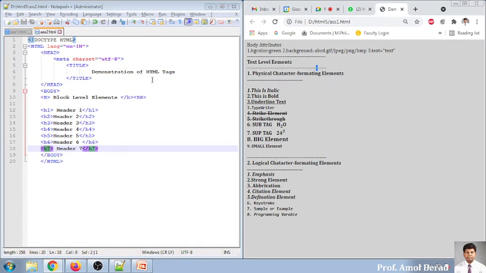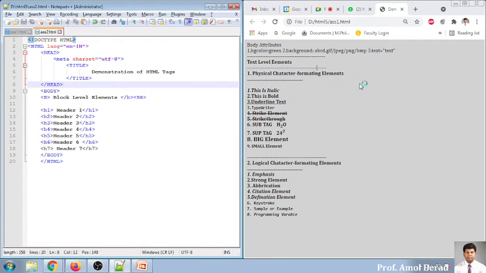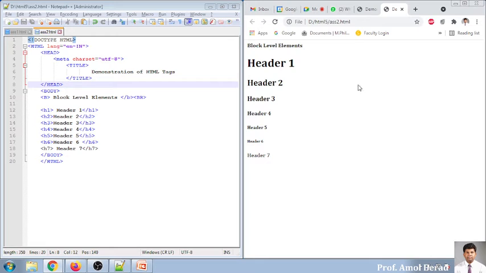So I'll run this in a browser. I'm running it in Chrome. See, block level elements. 1, 2, 3. The higher the number, the smaller the font size. H1 will display everything in a bigger, bolder format compared to H6 elements.